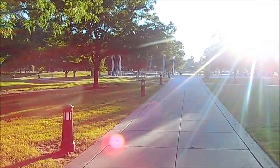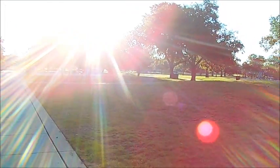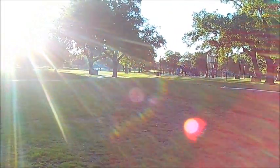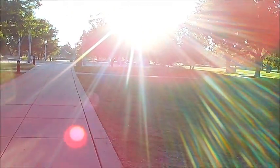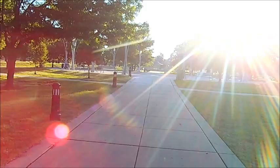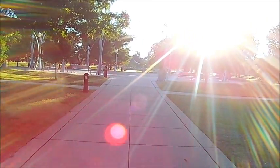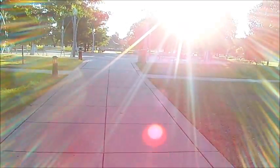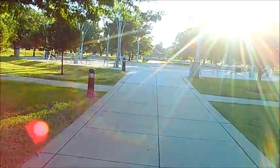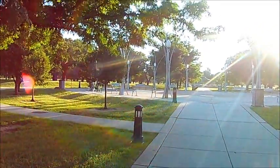I'm using my selfie stick this morning, I guess that's what it is. It does a little bit of everything you can use it for, like I'm doing this morning. Kind of gave you a little bit better view. I've got to extend it out a little ways. I thought I'd see how that worked this morning. I think I've got to send it out all the way. But at any rate,